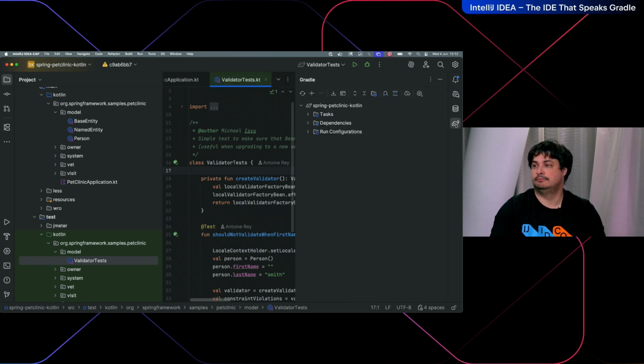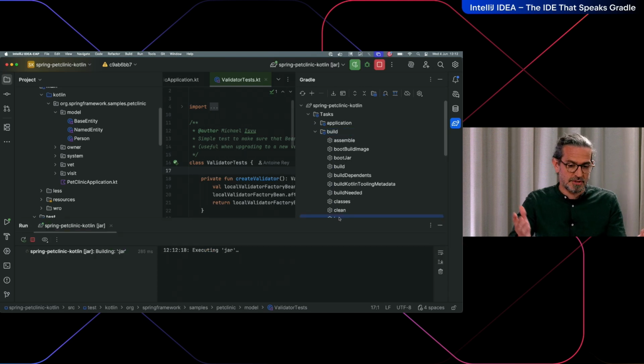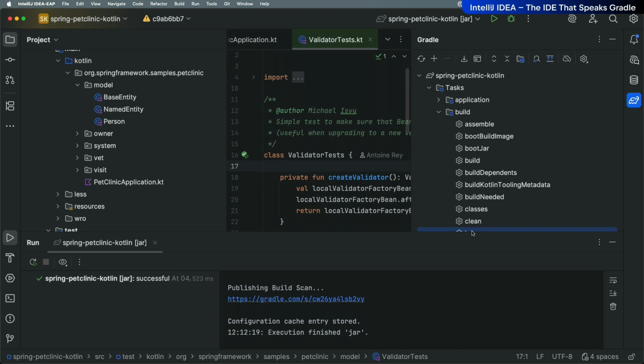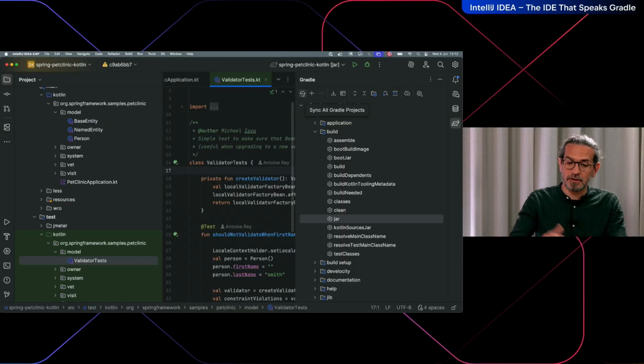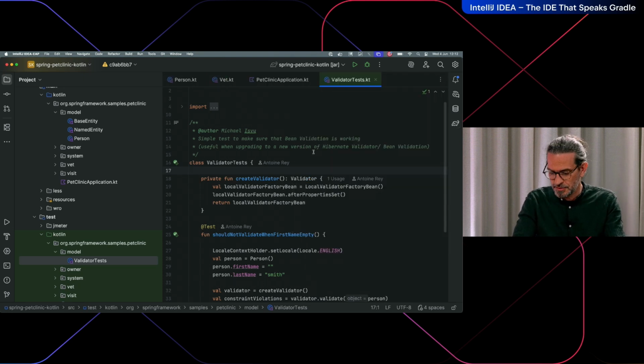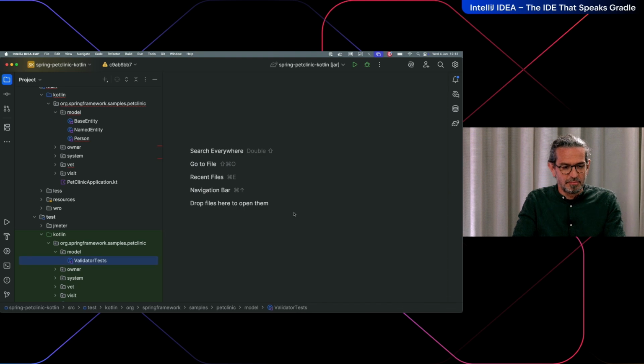Right. So here on the right, we have this Gradle panel where we get all the tasks. And if I want to simply run a task, just double click it. And it, again, uses the tooling API to run everything. And this is the way to trigger sync again. And of course, when you just did it, it's very fast, because I made no change. So Gradle had nothing to do, and the IDE could reuse the same model and so on. All right, so we saw basic